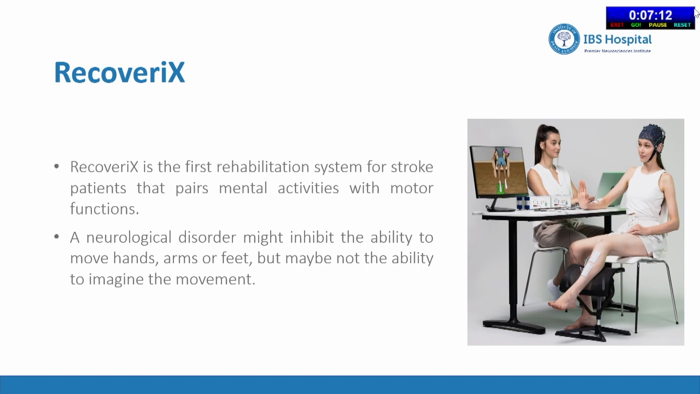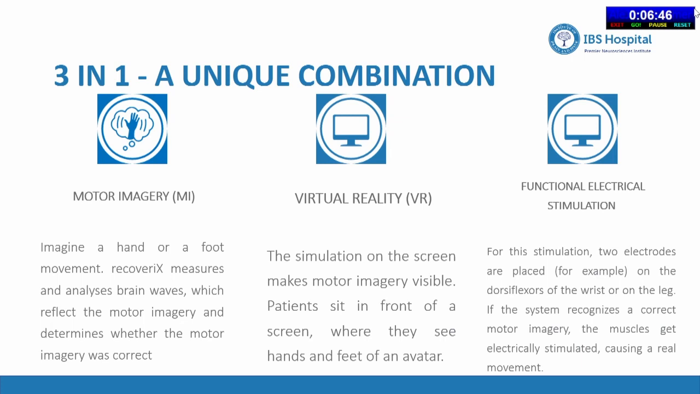So there are some devices which are available in the market for neuro rehab. The first one is Recoverix. This device from Austria is the first rehab system for a stroke patient that pairs mental activities with motor functions. A neurological disorder might inhibit the ability to move hand, arm, and feet, but may not inhibit the ability to imagine the movement. So it is a unique combination of three